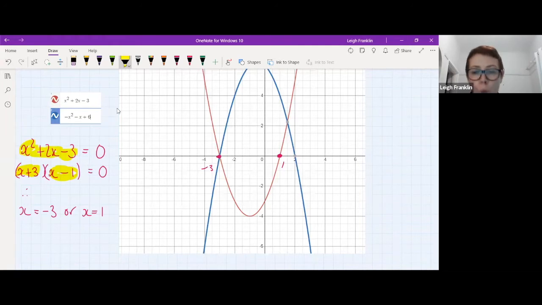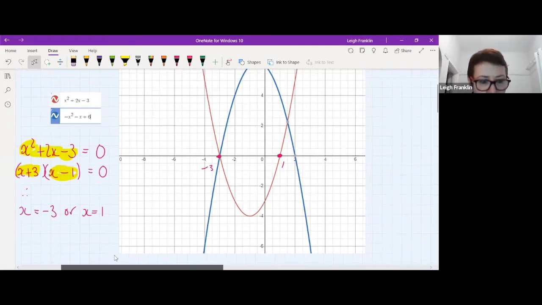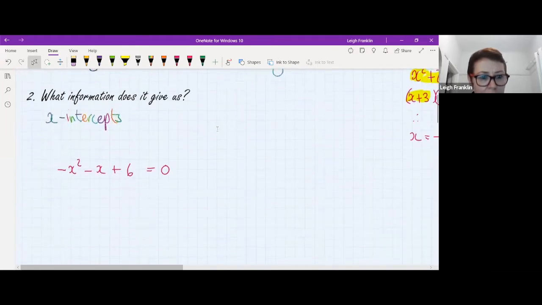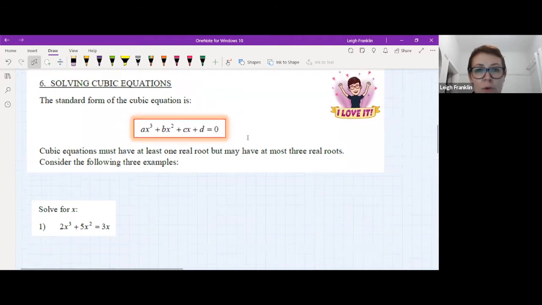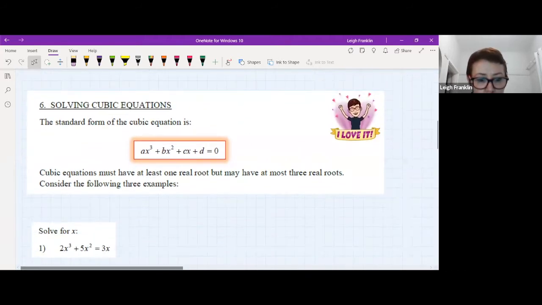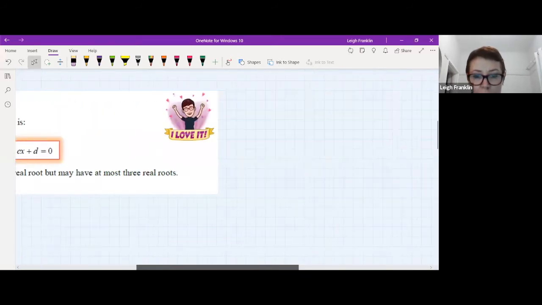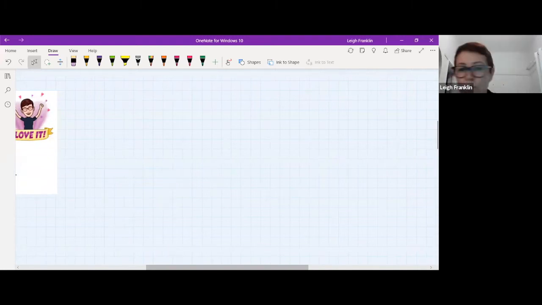So what I'm saying is that we are multiplying one binomial by another binomial in order to get a quadratic equation. When it comes to cubic functions, because they are cubic, there are going to be 3 brackets, or up to 3 brackets. So in other words, if I end up with